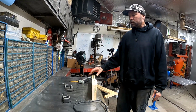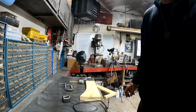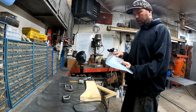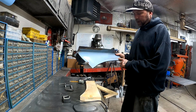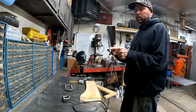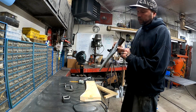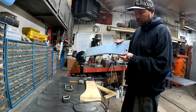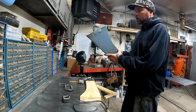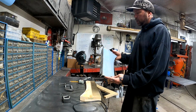We'll get a couple pieces of metal cut to fit the old panel. This panel I have not stripped yet, but I can see from the back side there are some welds that have been ground down. You can see that it's bent over here, and not only is it bent, but it's filled with Bondo. It's got cracks in it, a lot of pitting on the back. So we're just going to remake a new piece,